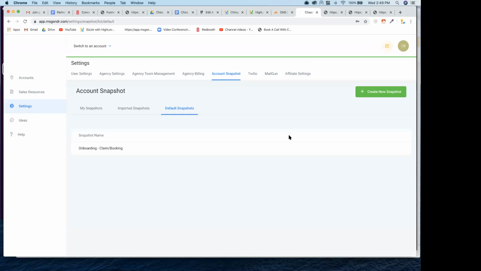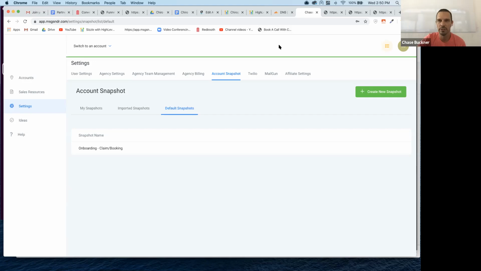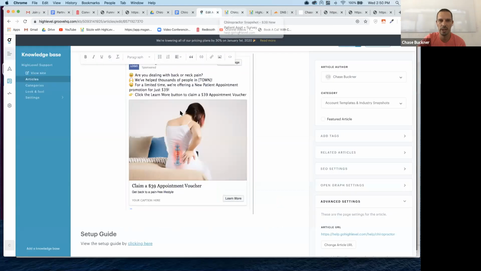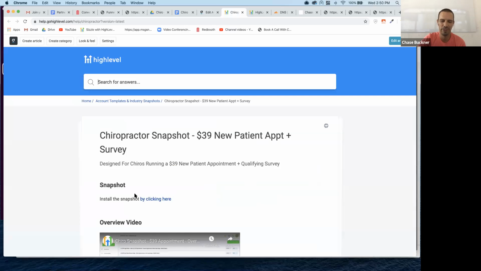Quick question about that. I noticed on that last screen that the documentation for it said install the snapshot here, but these are already going to be installed, right? We're not going to need to click on that. Is that right? I think so, yeah. So the final docs may not have that, or they might just as a redundancy,